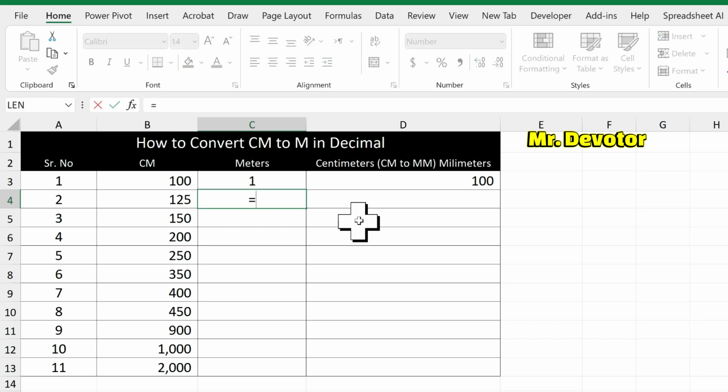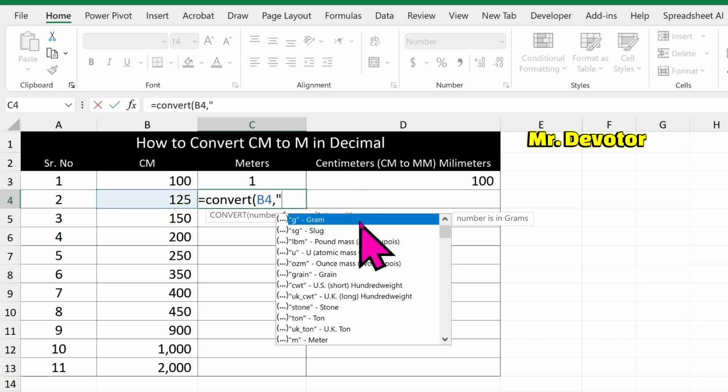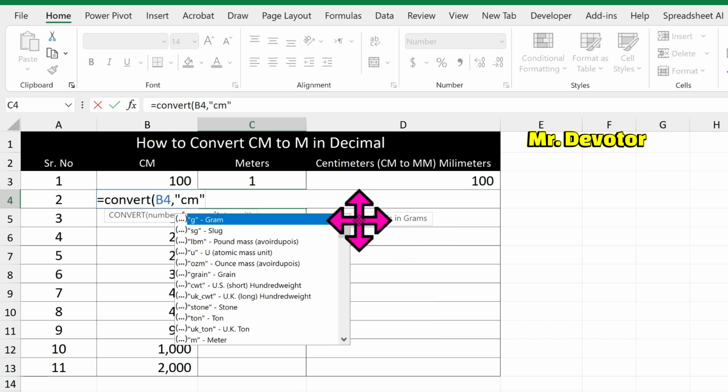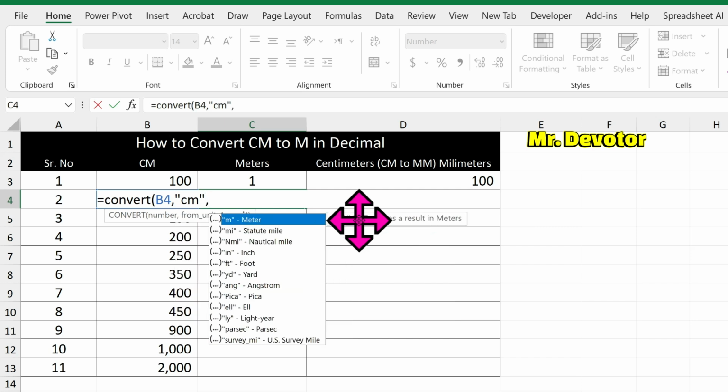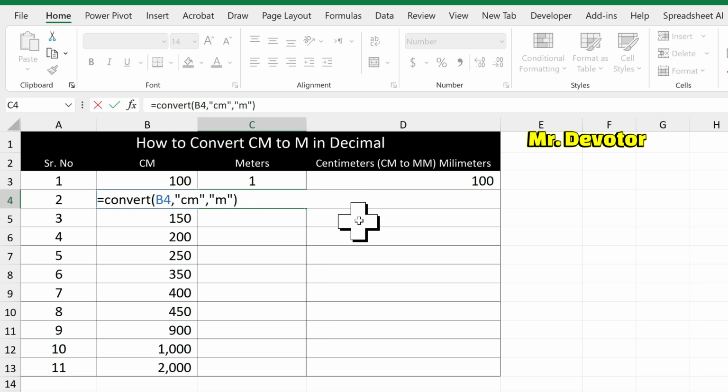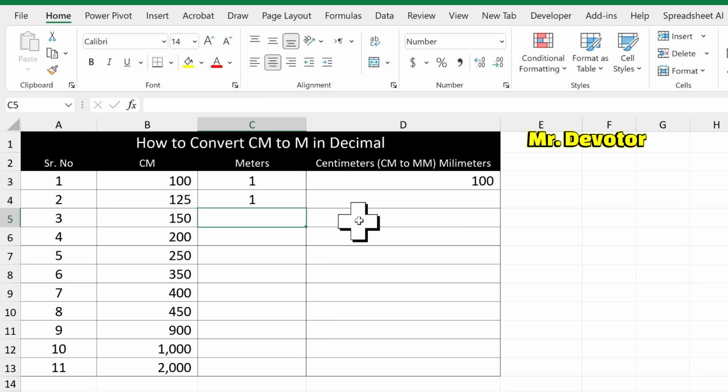Put the equal sign, type convert, bracket open, give the reference cell, comma, double quote, and you need to use cm because you are converting cm to meter, so cm is the abbreviation of centimeters, double quote, and then comma, and again double quote, and meters abbreviation stands for m, and double quote, and close the bracket, hit enter, and